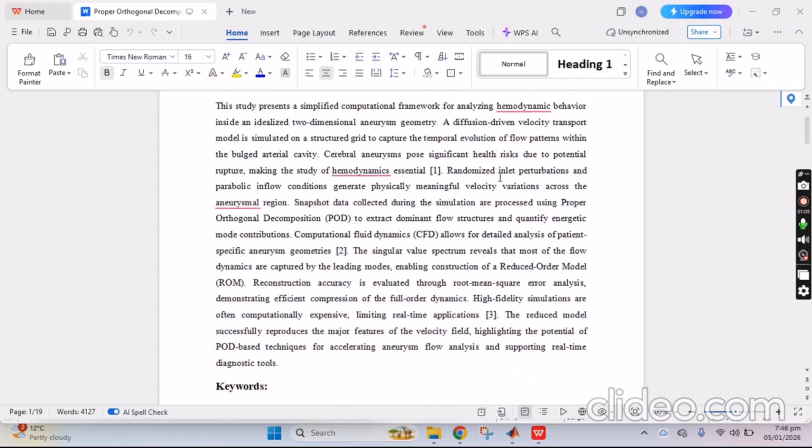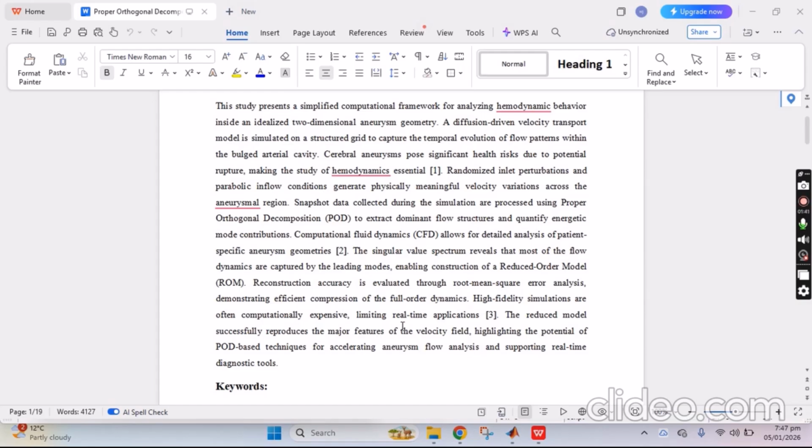In this complete article, we have worked on randomized inlet perturbations and parabolic inflow conditions, which generate physically meaningful velocity variations across the aneurysmal region. The main simulation is processed using proper orthogonal decomposition to extract dominant flow structures and quantify